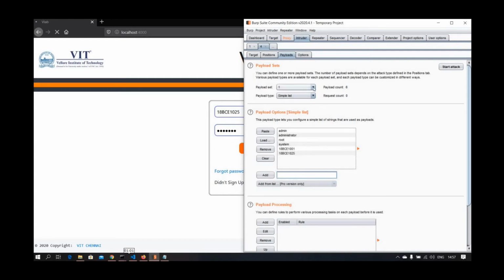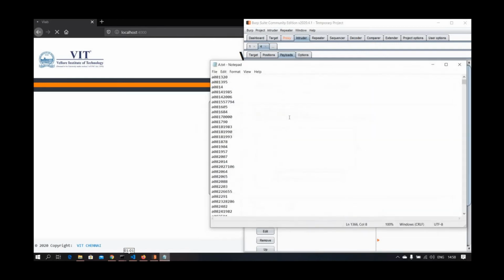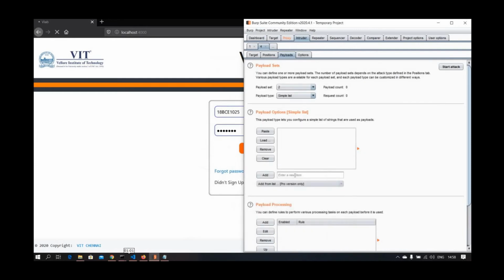So now I'll be setting payload 2. So these are the possible passwords that one can put. So we can also provide a list for it, but I'll be doing it manually. So I have entered some of the passwords like root, 123456.